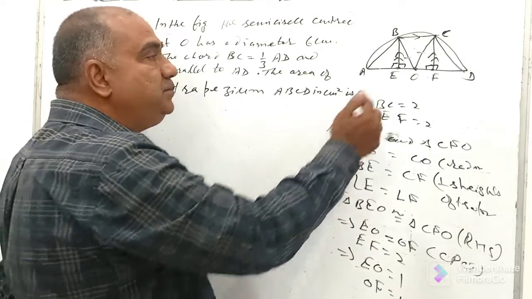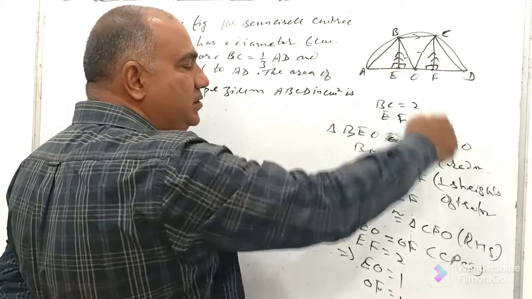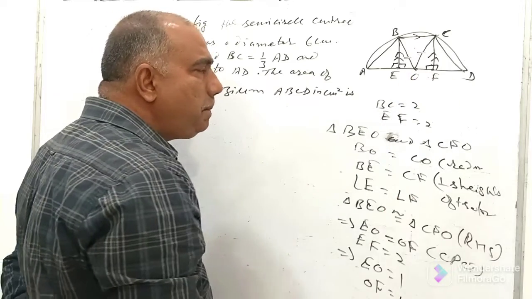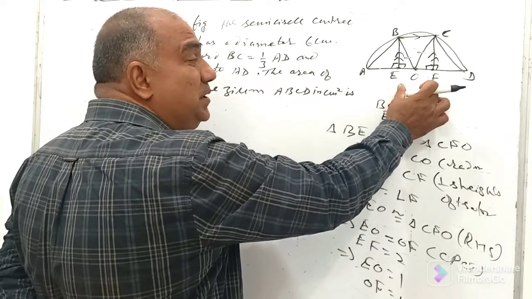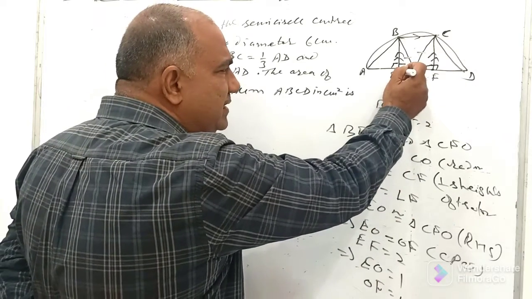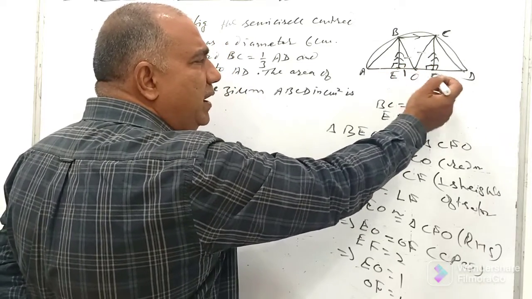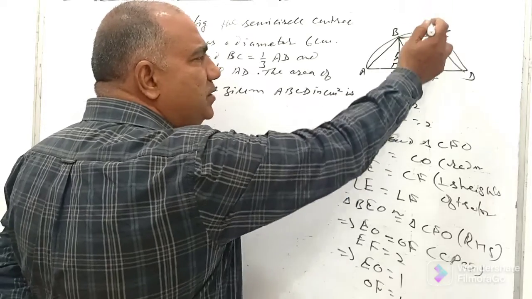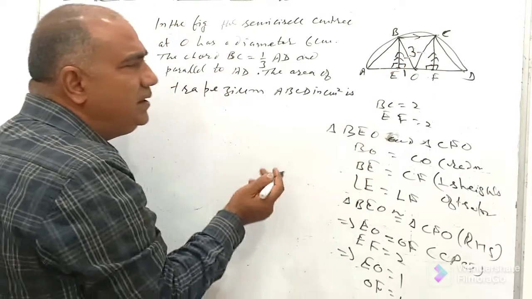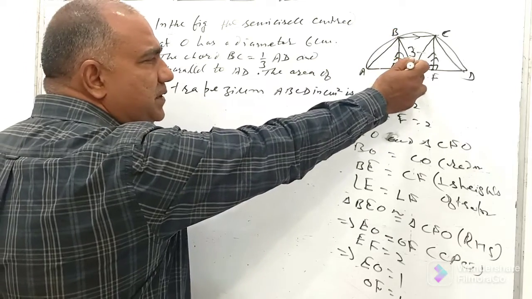EO and OF are equal by CPCT, corresponding parts of congruent triangles are equal. And why are they equal? Because they are congruent. And why are they congruent? Right angle, hypotenuse and one side, so by RHS criterion they are congruent. So EO is equal to OF, but we know that EF is 2, so EO and OF are both equal to 1. Now you can say that this is 1. And since we know that AD is 6, OA, OD, OB and OC are all radii of the same circle, so let me call this 3, half of the diameter, the radius. OB is undoubtedly a radius from center to circumference.